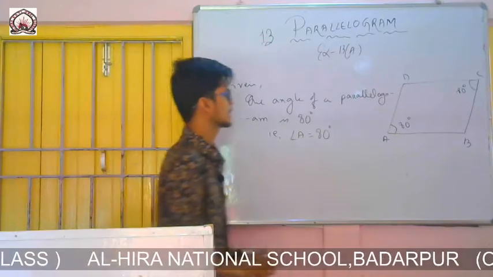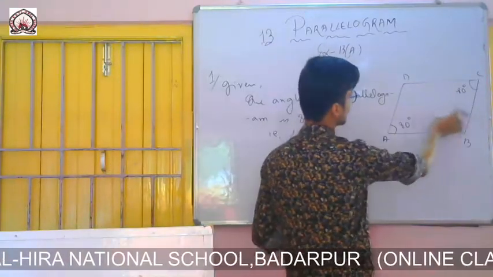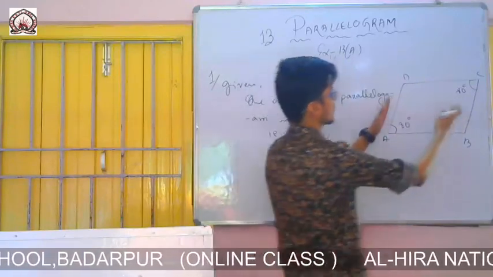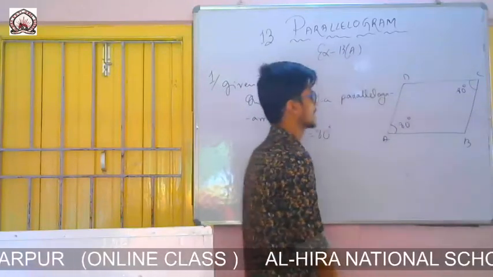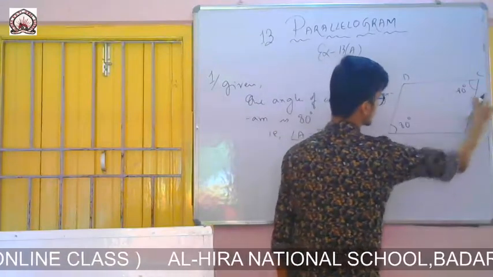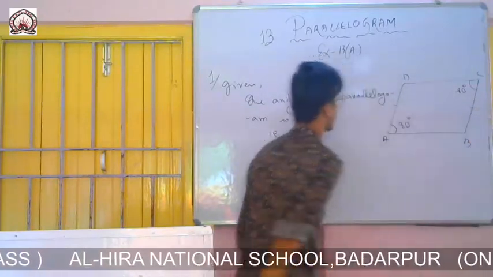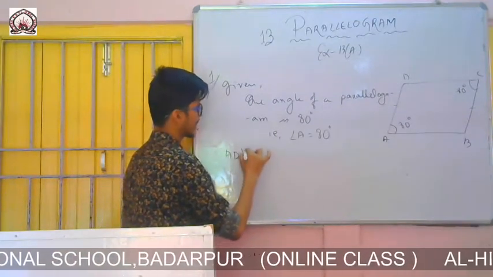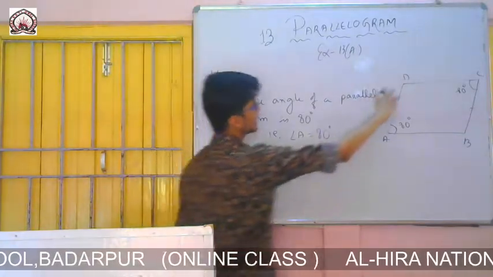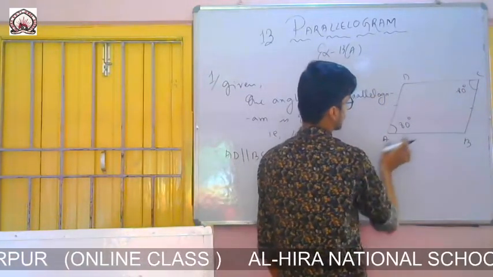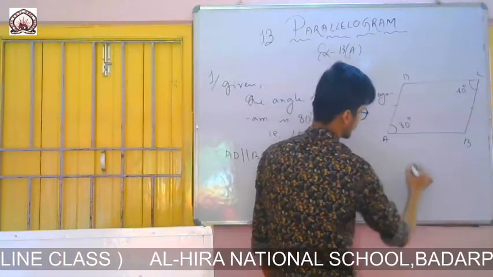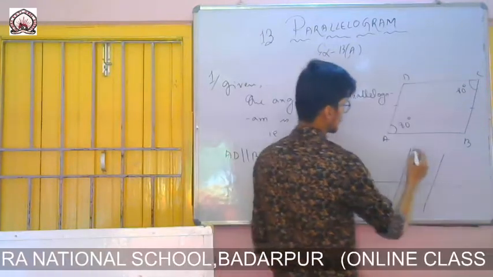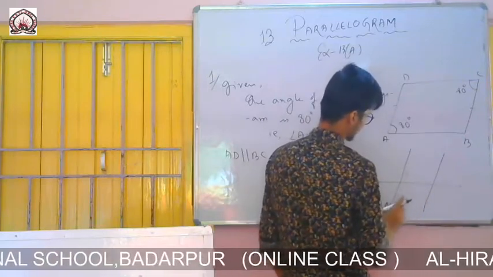Now you see one thing. Let us find this angle, any one, A or D. We know that the opposite sides are parallel to one another. That means AD is parallel to BC. So I can write, since AD is parallel to BC, and this is the transversal, these two lines are parallel and this is the transversal. I am taking as A.